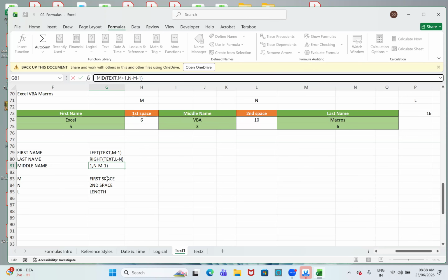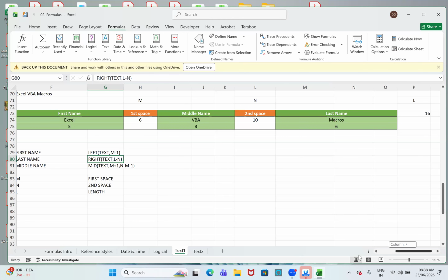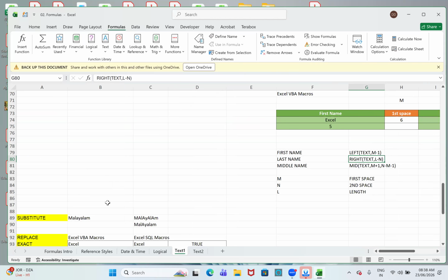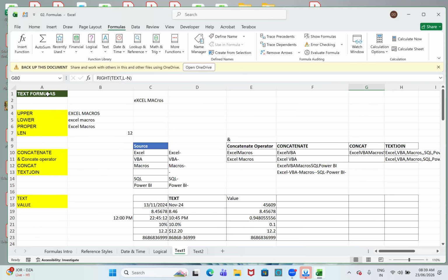M is your first space, N is your second space, and L is the length. Instead of M, write logic for first space. Instead of N, write logic for second space. L is length of the text. Okay? Just try this. So that's all about this text category. Let's go for